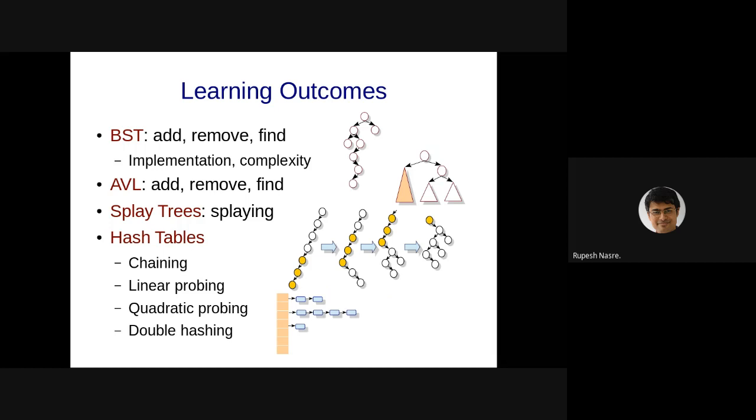And we looked at initially binary search trees. Then we looked at the AVL. We also looked at the splaying part. And then we looked at the hash tables. Within that, we looked at 4 different kinds of ways in which hash tables could be inserted. So that completes our discussion on dictionaries. And next time, we'll look at something related to priority queues, right? That means heaps, and then we'll come back to Huffman coding, etc. If there are any questions, feel free to ask.